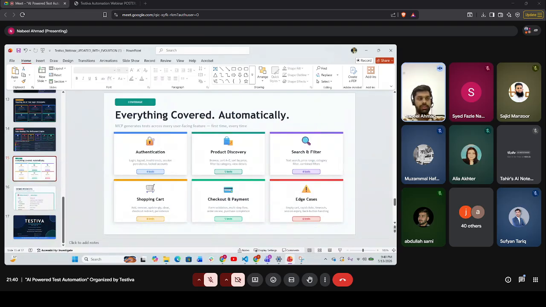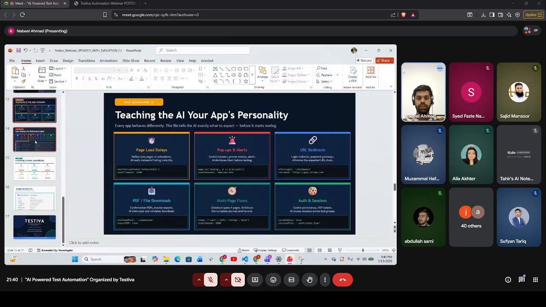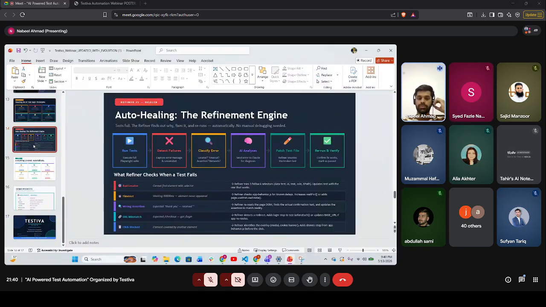And after adding the app behavior file, our debugging and auto healing process will also need some refinement. So if our test cases are timing out somewhere, we'll have to educate our healing agent as well, that every time a test fails, it must look for these things, so that will help in refining our process.